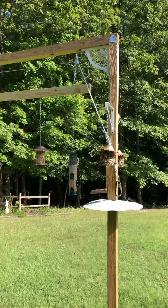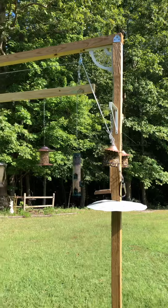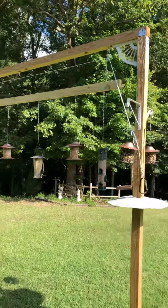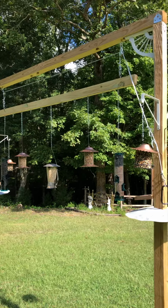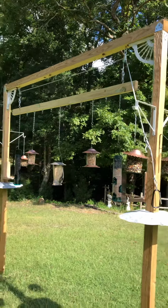Anybody who knows me knows that I love watching birds. And when I was living with my mom, when she had Alzheimer's the last 3 years of her life, we put up a beautiful bird feeding station for her at her house. And when we got to the farm here, that was my biggest wish, is to have my own bird feeding